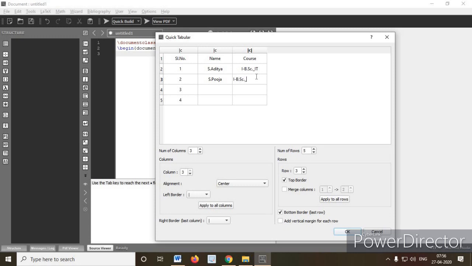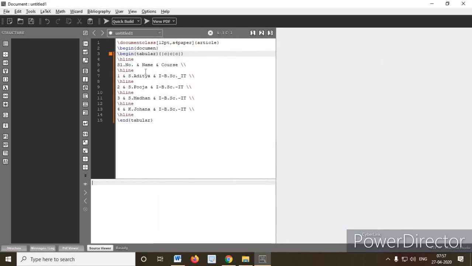IT. And yes, Madan. IT. BSc IT. So where I inserted the number of rows and number of columns here and press the OK button, automatically